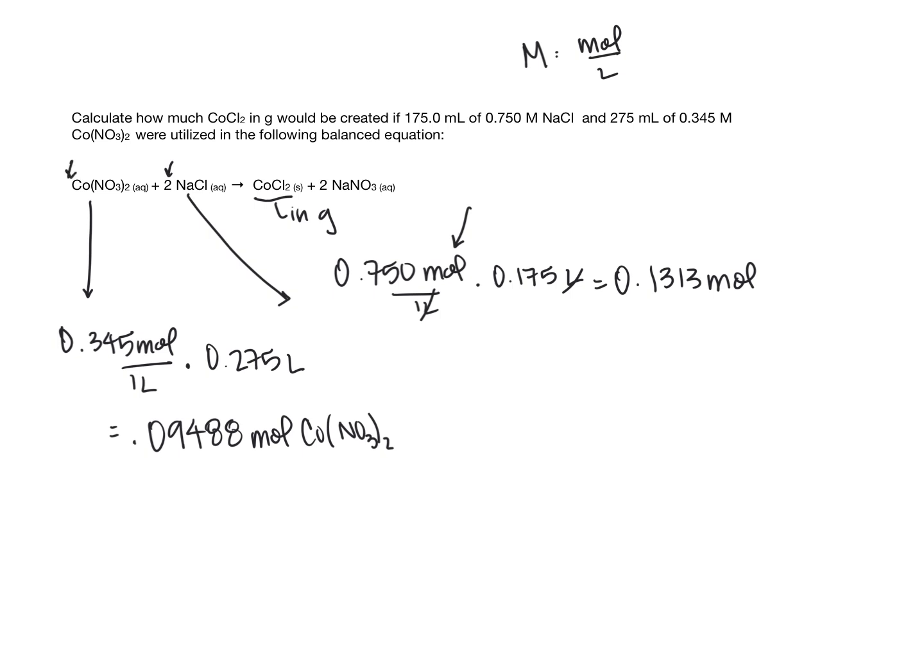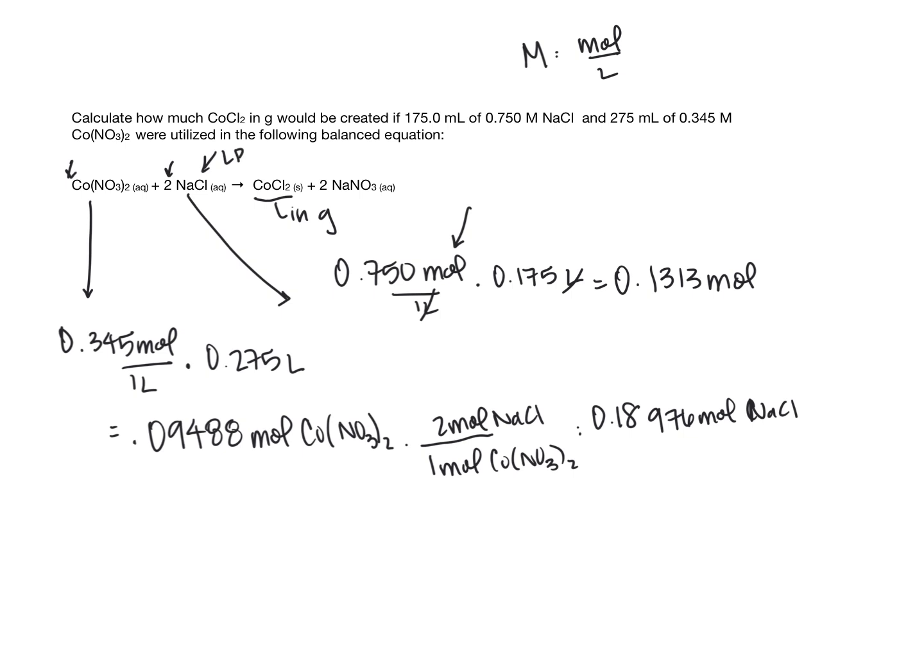So I'm going to solve this by converting both reactants to the other reactant. Alternatively, in this calculation, you could just convert each reactant to product and solve for that. So from here, I'm going to say that there's 1 mole of cobalt nitrate for every 2 moles of sodium chloride, and therefore I need 0.18976 moles of sodium chloride. And in fact, we have less than that, so that means that the sodium chloride is going to be our